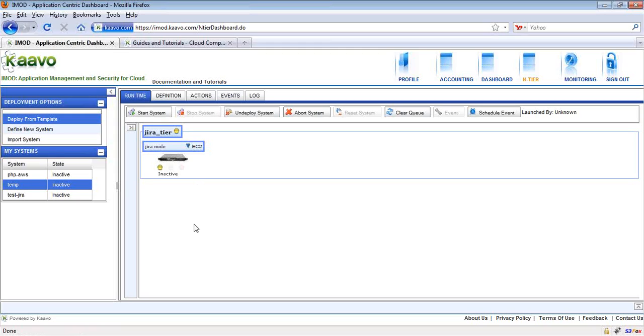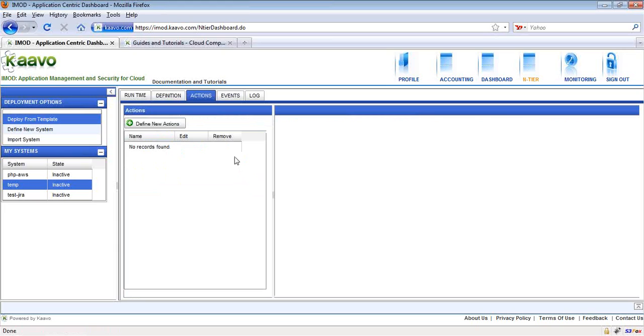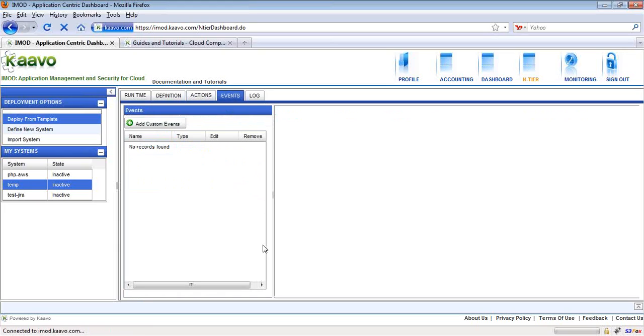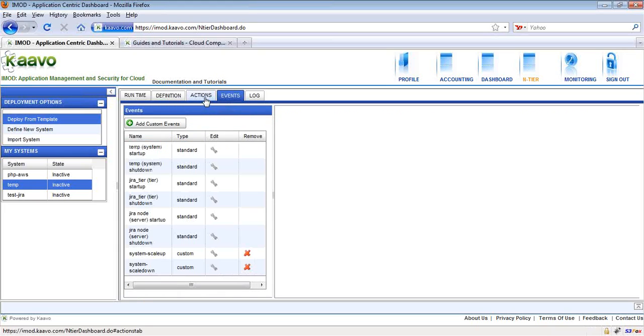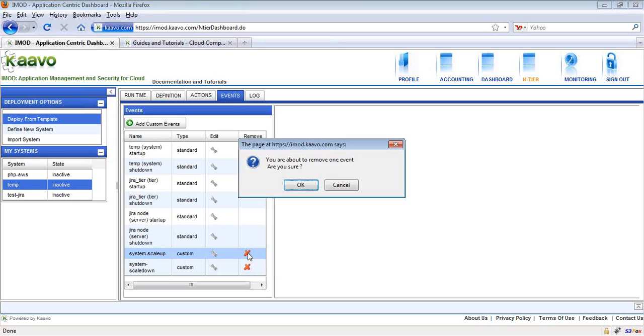When the template is deployed as a system, you have access to wizards and user interface elements. Using that, you can edit the system or the XML very easily. For example, to delete the system scale-up event using this user interface, all I have to do is click this button. The system scale-up event is selected here.